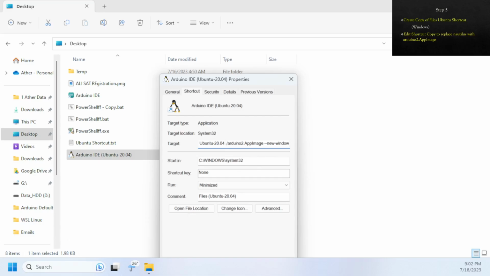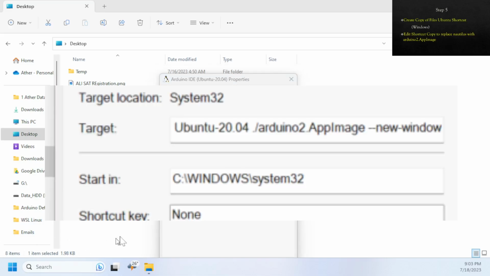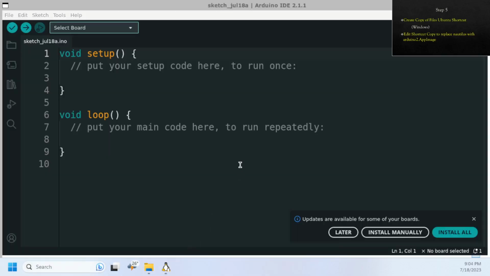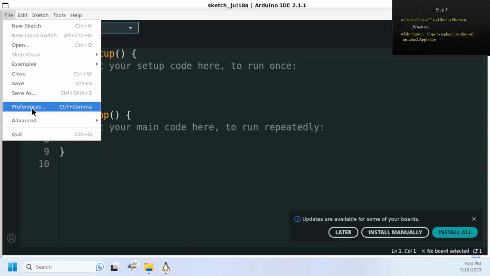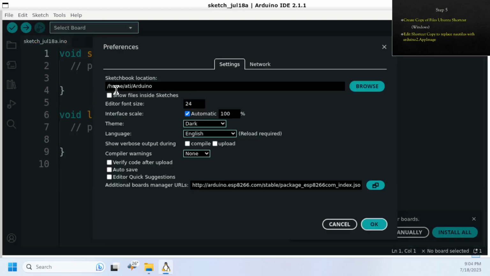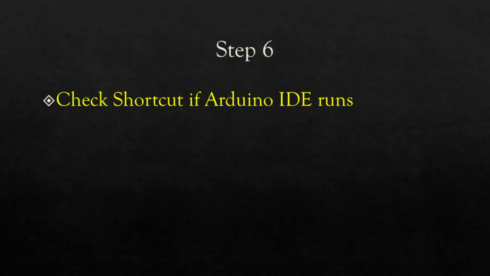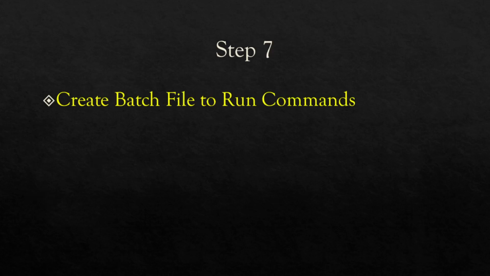Let me zoom it a bit for you. You can see that I have added this dot and slash before the image. And after running the shortcut, I have this Arduino IDE for Linux open for me. So this next step is already done, which was to check if that shortcut runs. It runs. So the next step is to create a batch file because I can use this